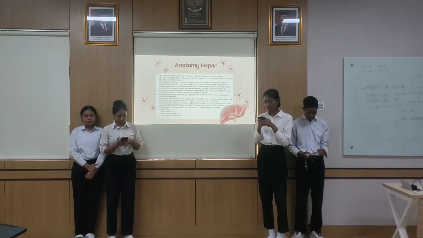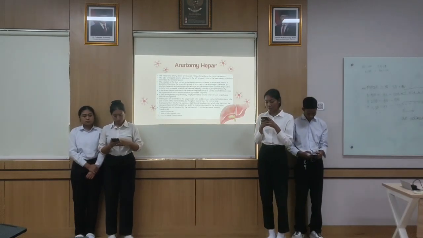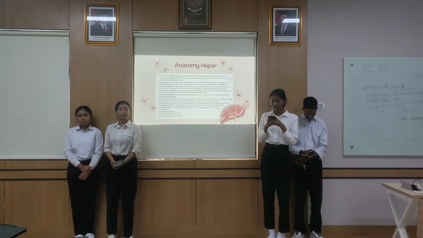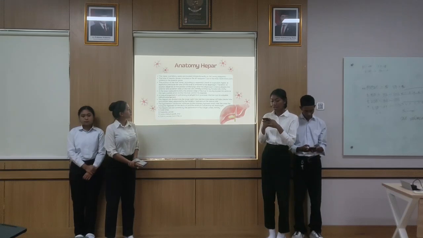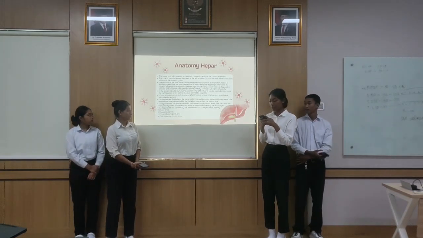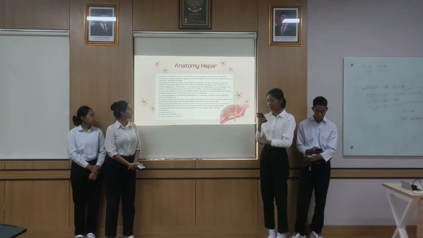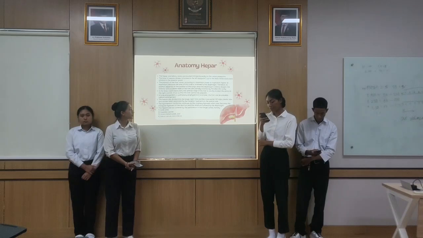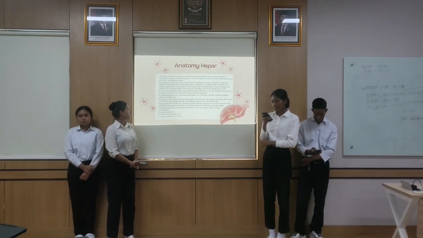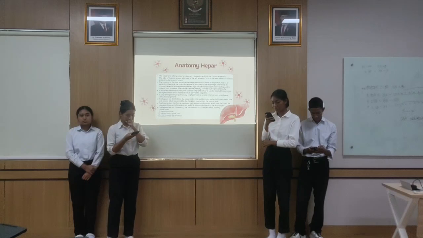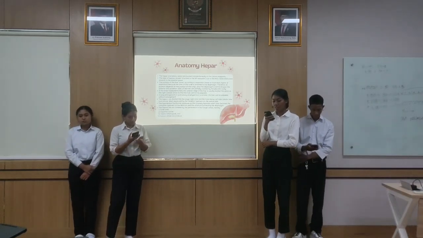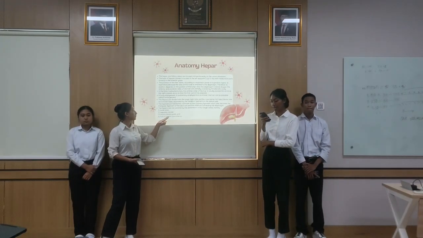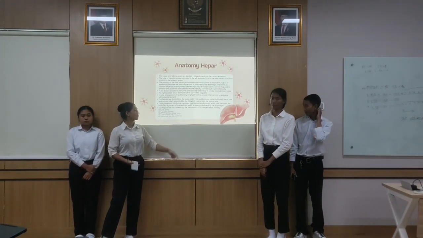Next, the hepar is divided into the right lobe, the lower caudate lobe or beta lobe, and the sinister lobe, separated by the falciform ligament on the frontal side. Next, the falciform ligament continues into the coronary ligament, which later becomes the triangular ligaments, dextrum and sinistrum, connecting to the diaphragm. Next, the hepar is not covered by the peritoneum in four areas, namely: first, the nuda area; second, the hepatic area; third, the vesicular bed; and last, the sulcus vena cava inferior.